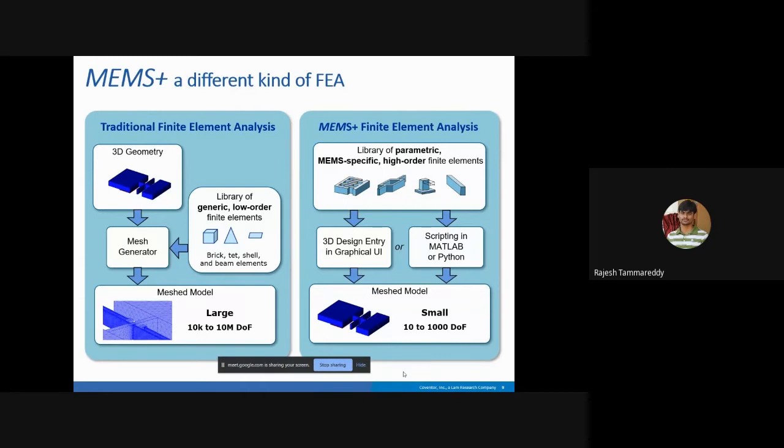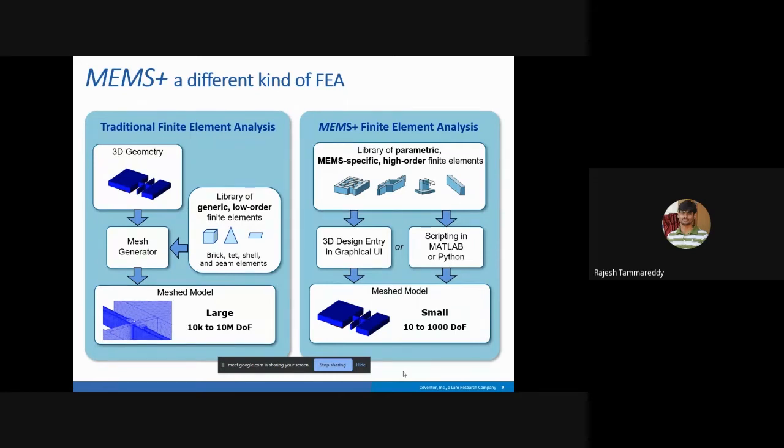Okay. So on the right side, if you see, it is component based. Here there is no meshing involved. But how it works is, if you take a beam, you will have different models. It is a Bernoulli beam, Timoshenko beam, a shell beam or a brick beam. So the user should be aware of what component to use.